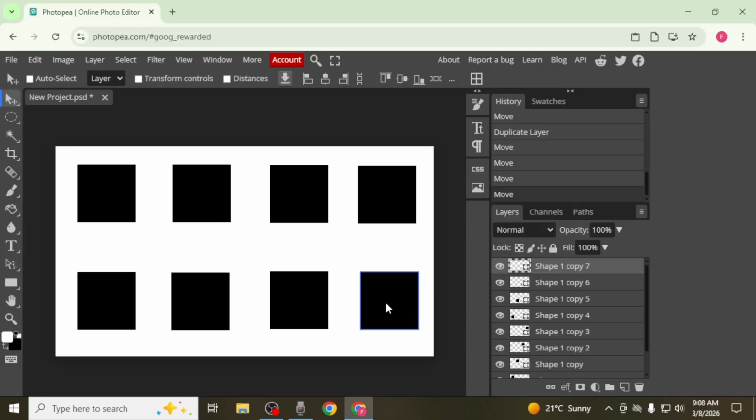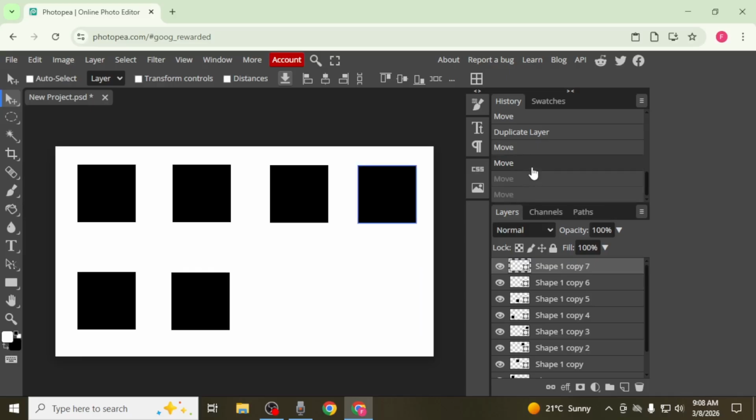Another way to control undo and redo is through the history panel itself. In this panel, the most recent action is selected by default. If you want to undo something, simply click on an earlier step in the list. Photopea will instantly revert the project to that point. If you want to redo actions again, just click on the newer steps further down the list and the changes